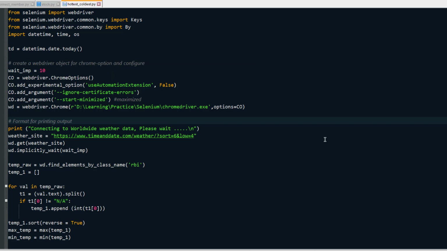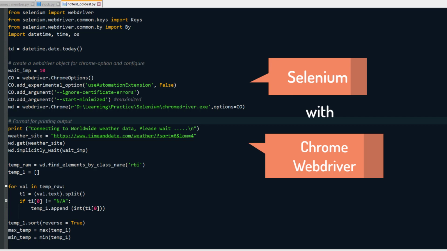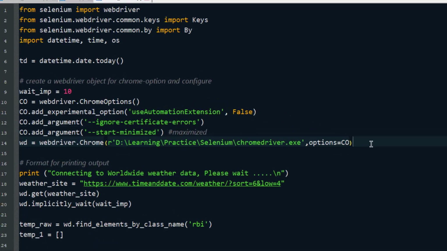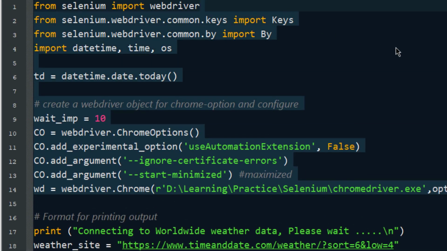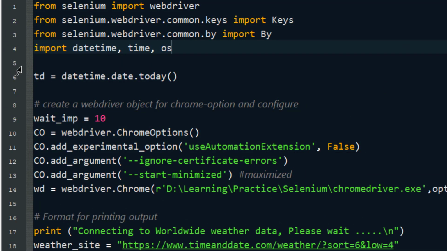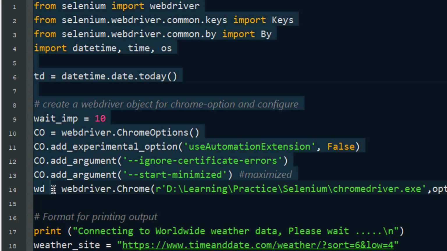Okay, so coming back to this project, similar to the other project I have used Selenium WebDriver here also, and all the setups are pretty much the same, from line number 1 till 13. Everything is the same. This is a common setup that you have to make.